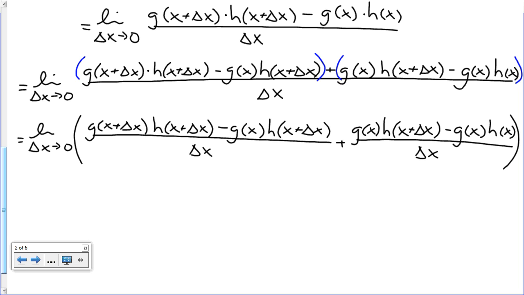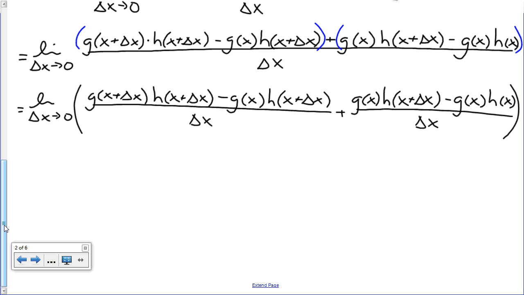Of course, since they have a common denominator, if we added these together, the denominator would stay the same, but the numerator would, of course, be the sum of those two. We'd have what we started with. And now what I have here is actually the limit of a sum of two quantities here, two functions. So we know from our properties of limits that the limit of a sum is equal to the sum of the limits. So I'm going to use that property there to rewrite this as